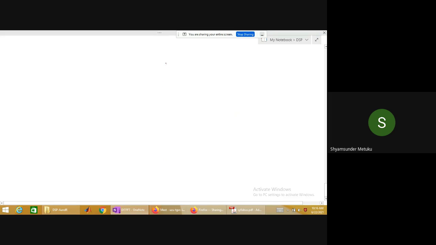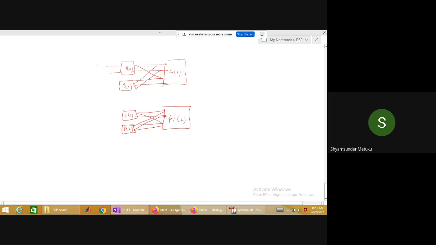Whatever G of K and H of K are there, I want the inputs again divided this way: A of K, B of K, C of K, D of K, where it will be like this. Again you will get something like this, which I am not exactly drawing here. Are you able to follow? Again, we are dividing. The same thing you will get here. This I am asking you to do on your own.